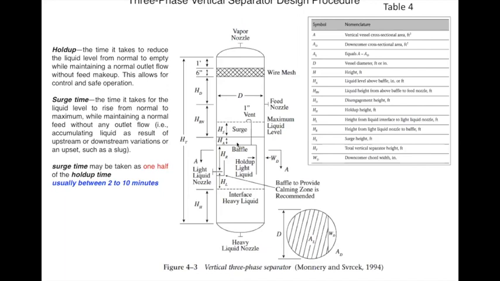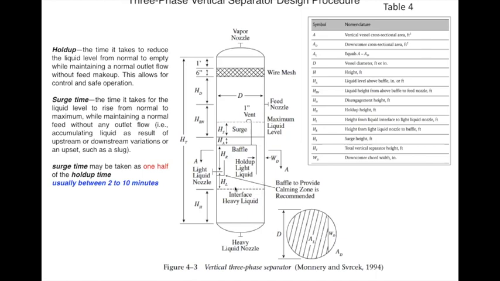So this is around 9 inches, right? It is defined by the design guidelines that this HA should be 9 inches above the baffle, and this baffle is occupying some area, right? So this area of the baffle is nothing but AL. Now this AL is occupied by the baffle, and there is a small passage remaining for the liquid to go to the interface of heavier liquid and lighter liquid.